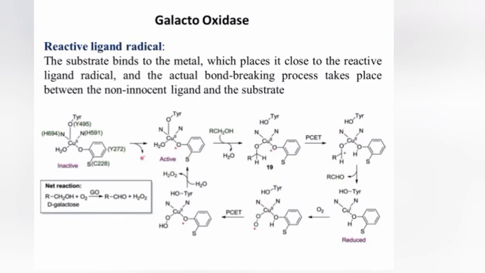See, the H plus of this RCH2OH will be added to the O minus of this tyrosine oxygen bond to form the hydroxy form of the tyrosine, and RCH2O minus is added to copper, and one molecule of water will be removed. In the next step, the proton coupled electron transfer takes place,